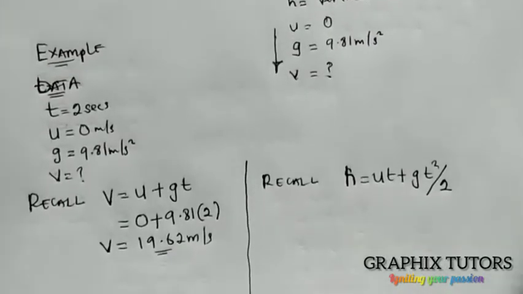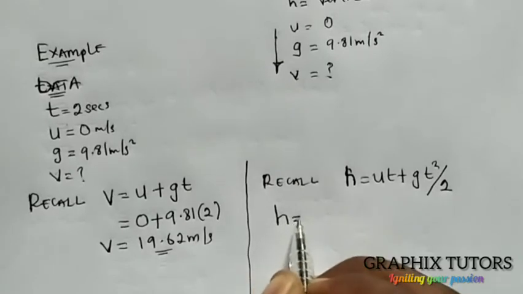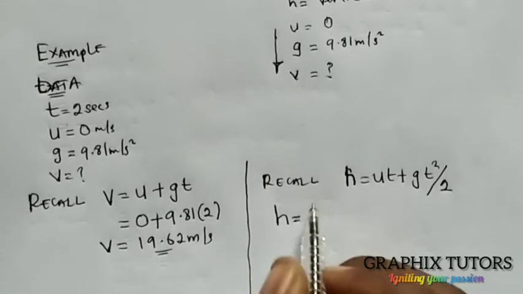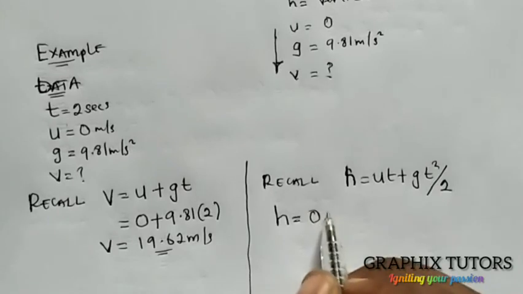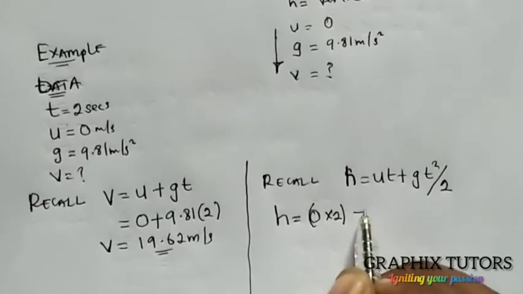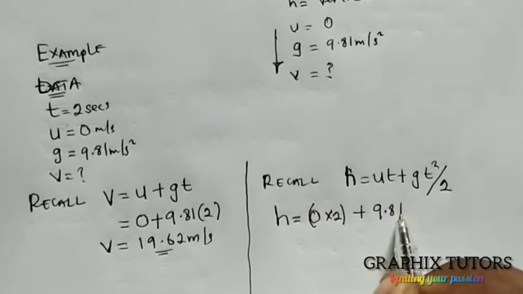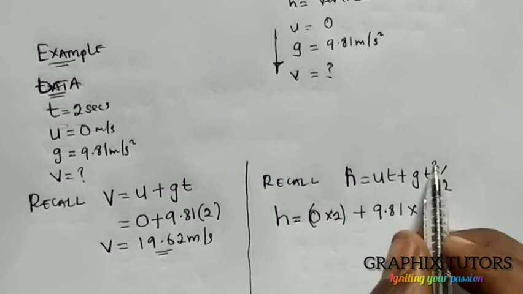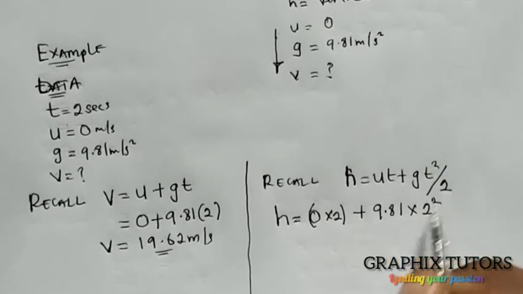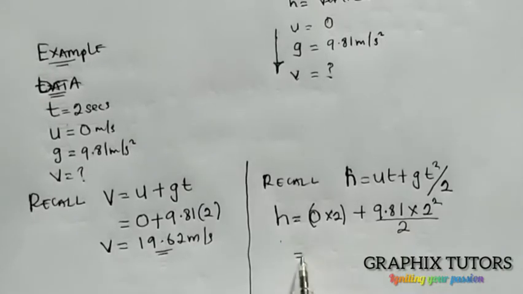The H here will now be equal to the U we calculated before, which is 0, multiplied by the time T, which is 2, in brackets, plus G, we know it is positive 9.81 since it's favoring gravity, multiplied by the T, which is 2, squared, everything all over 2. So the H here will now give me 0 times 2, which is 0,